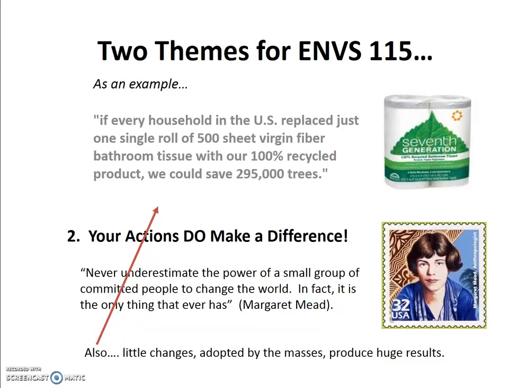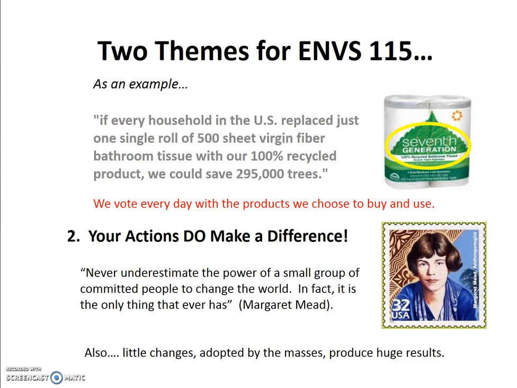Toilet paper is just one simple example. Clearly, as consumers, we vote every day with the products we choose to buy. Be aware and educate yourself so that your purchases reflect your values. Seventh Generation is just one brand of home paper and cleaning products. Notably, there are many recycled content toilet papers on the market, and I encourage you to find one that you like, preferably created with 100% post-consumer recycled material.